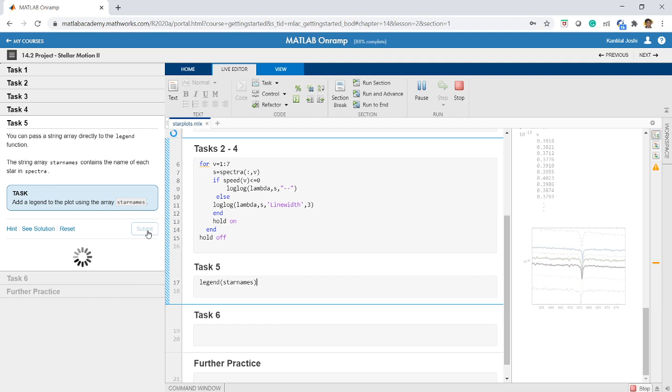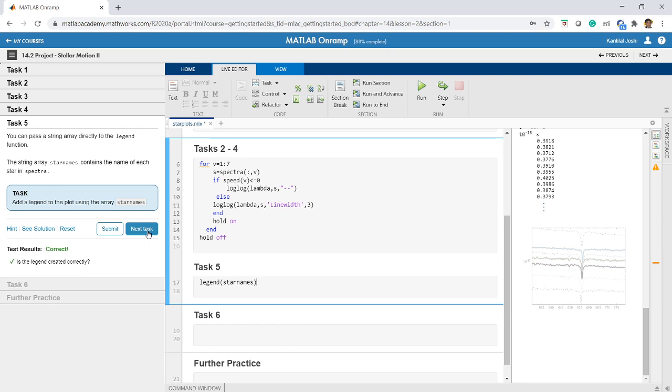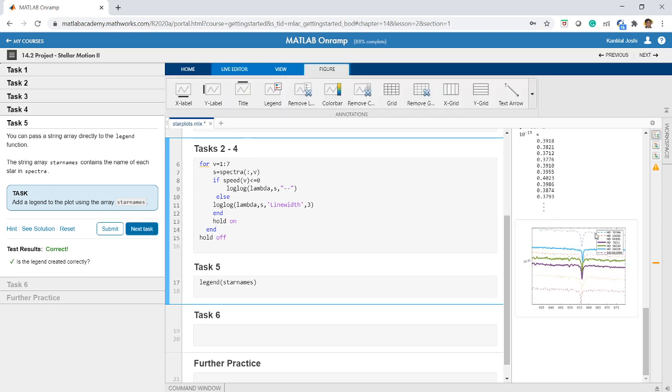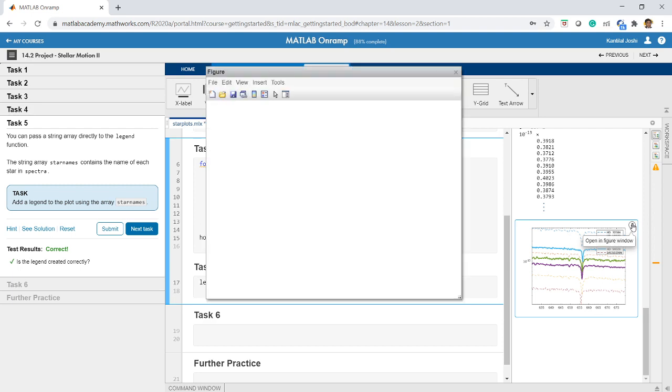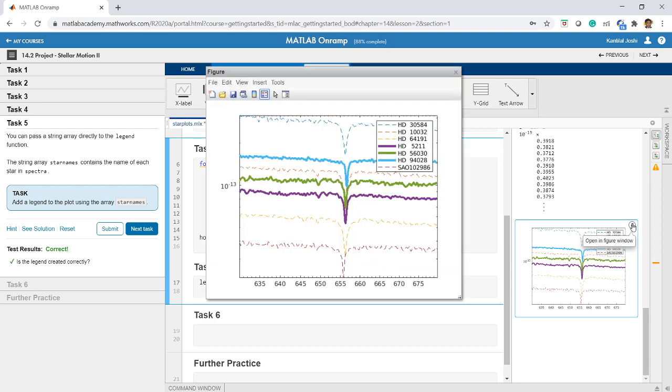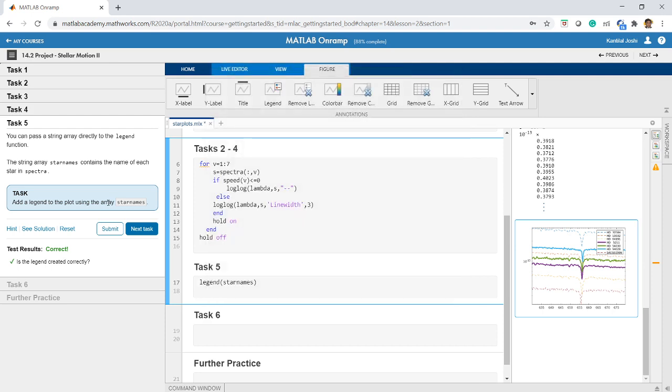Please remember, do not try to remember the syntax, because that will make your work very difficult. Okay, it is working, no problem, right? So we got the legends here. You see all these HD30854 and so on, all these values have come here. How have these values come here? Just by adding this legend star names. Let me check this. It will take some time to open in a new window. Yeah, so I got these legends, HD30584 and the rest, all 7 star names are available now. I hope you got this.